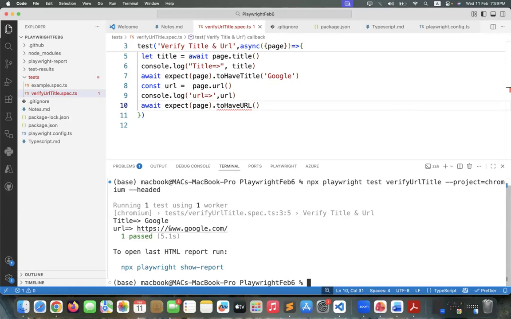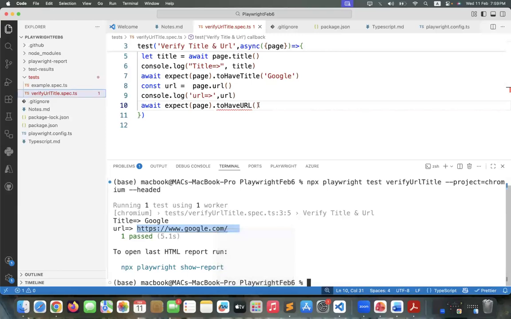So now what I want is to verify up to this part only. That means a partial part I want to verify. This is the complete URL. In that URL, whether a particular text is there or not, that is what I want to verify. So now what I want to do here, if you want to verify the complete exact string,